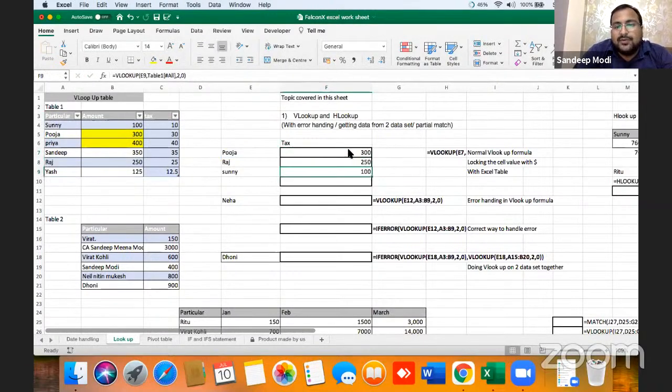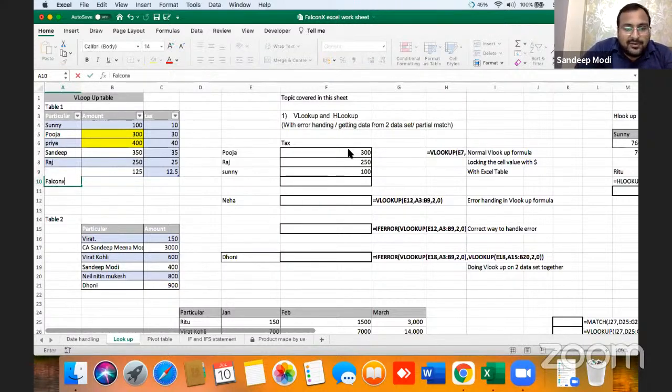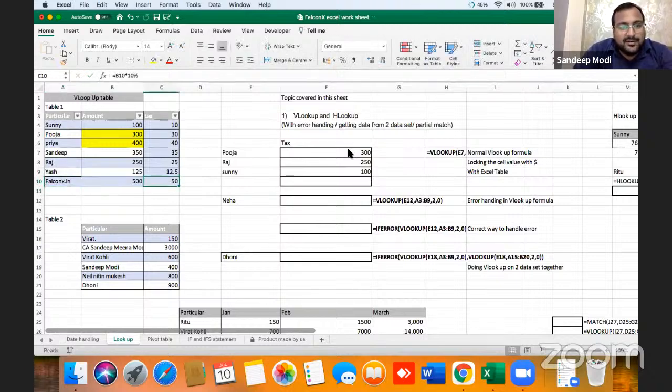As you can see, I don't have to put a dollar sign here. My problem is solved. The dollar sign you had to put again and again with F4, that is solved. Second, here I added 500, and if I copy paste it and drag the formula, this will also be solved.